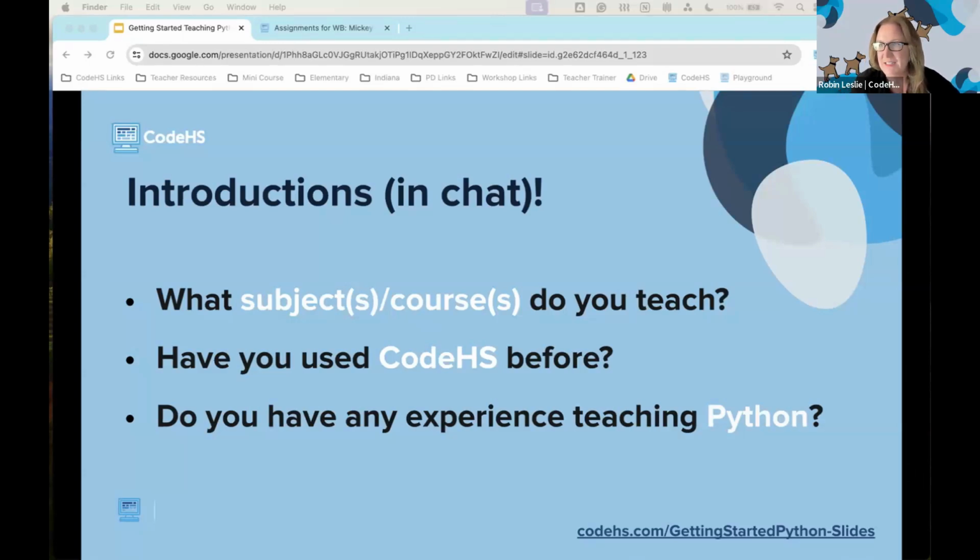Not seeing anything in the chat. Robin, Steven said in the Q&A that the chat says it's disabled. Oh, Leanne, can you look? Just fixed it. It's good now.